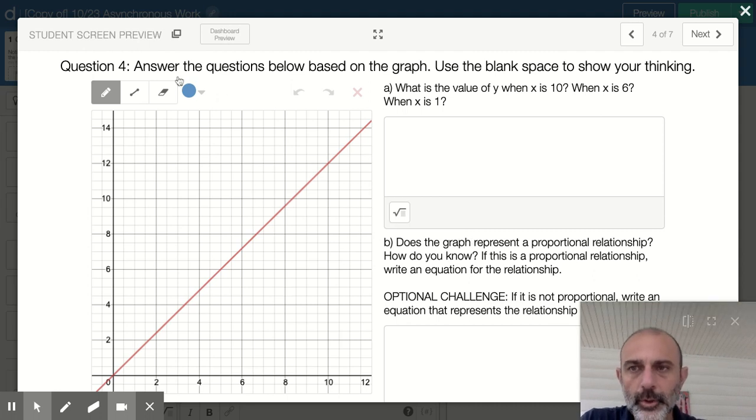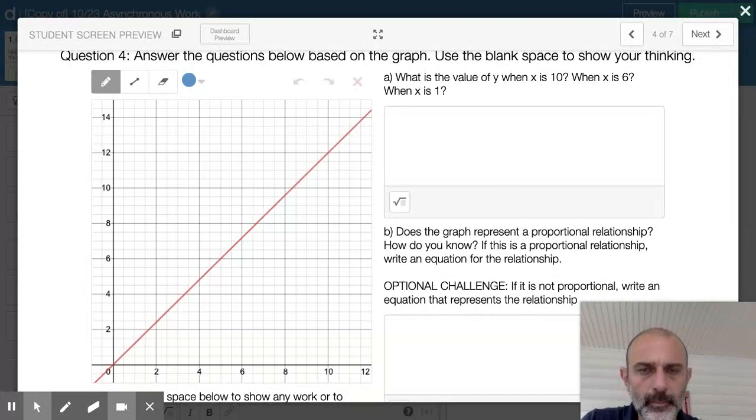All right, question 4. Answer the questions below based on the graph. Use a blank space to show your thinking. What's the value of y when x is 10, when x is 6, and when x is 1? We need to find the value of y when x is 10, when x is 6, and when x is